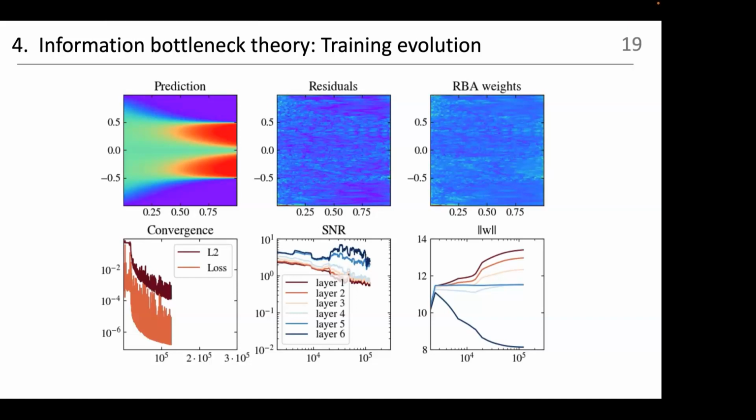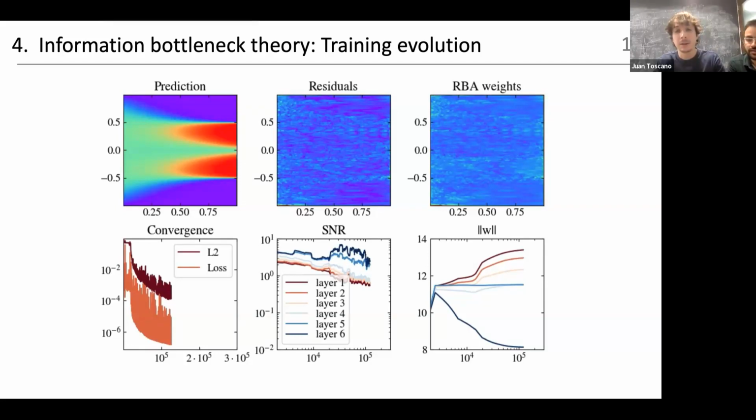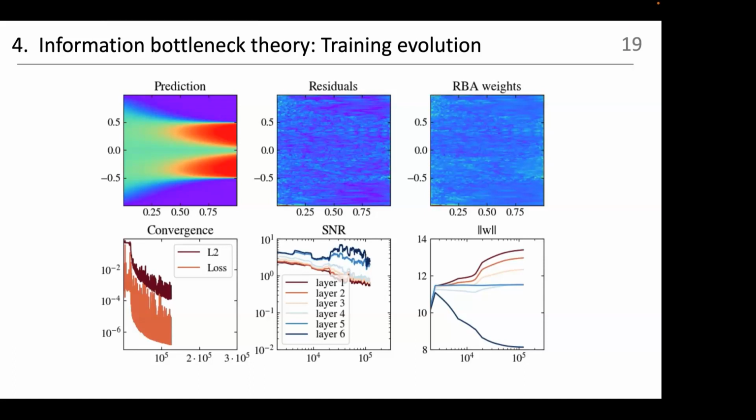Okay, that I could see how it could happen. I'm just asking if you have looked into it. What is the correlation between the two bottom figures, between the SNR and the weight, and why they behave like that? I understand now your argument that if you divide by something which is the weight, right, which is smaller, then the SNR can go up. But